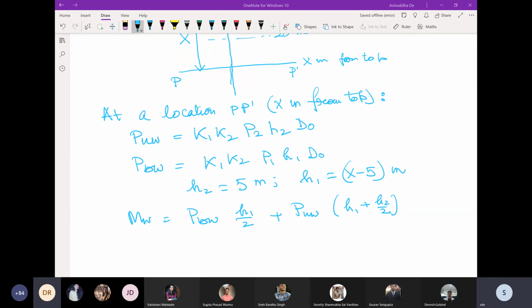I think in today's assignment, there are two parts. The first part is the design of the tall vessel, and the second part is the skirt support design. The skirt support design we will do in the next class, not in today's class. So in this assignment, the first part has been taught in today's class, and the support design we'll do in the next class. So you have to address up to part number 1 only.